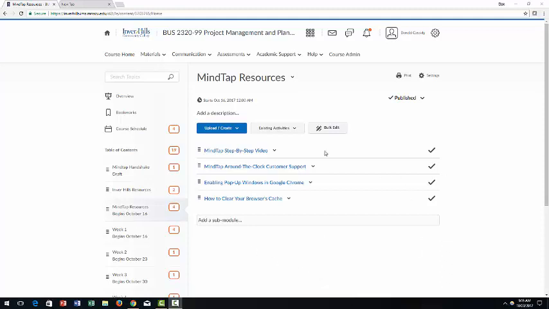So notice how this is set up, the structure here: Hills resources, MindTap resources. Your screen might look a little bit different. You probably won't see this; this is just something for me. But here: Hills resources, MindTap resources, week 1, week 2, week 3, and so on. So I wanted to show you how to actually talk a little bit about MindTap, what it is, and how